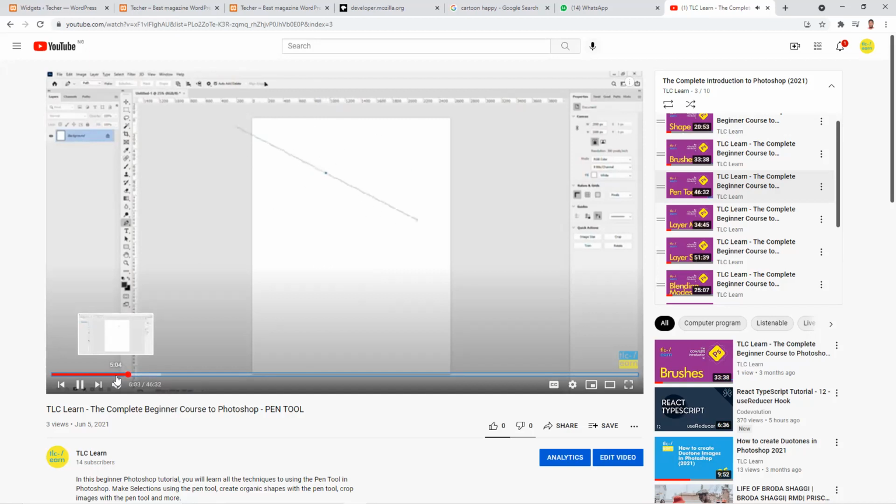That's nothing. That's just two nodes. So the second node this way. And then without lifting up your left click,